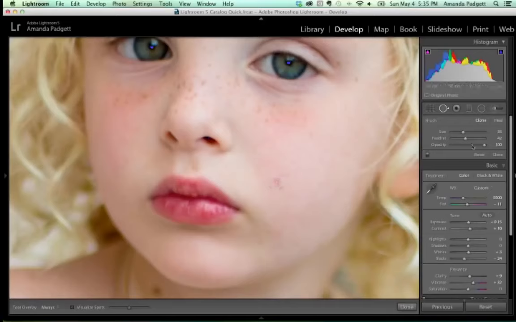Okay, so I can use heal here or clone, but I'm going to go with heal. And feather means how much it's going to blend into the pixels around it. And usually when you're doing this kind of thing, you do want a high feather. You want it to really blend in, so you don't have a defined start or stop. Okay, and the inner circle is the blemish area, and towards the outer circle as it goes out, that's what's going to blend in. So I'm going to click right here, and then this circle pops up, and right here